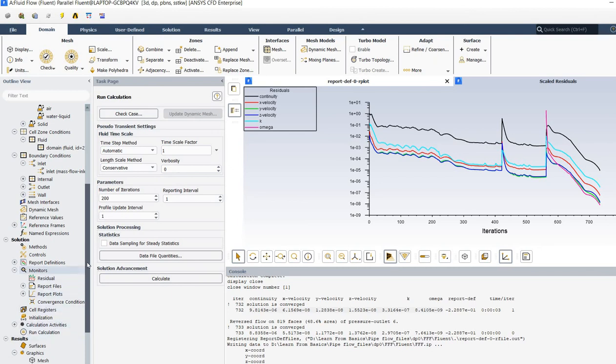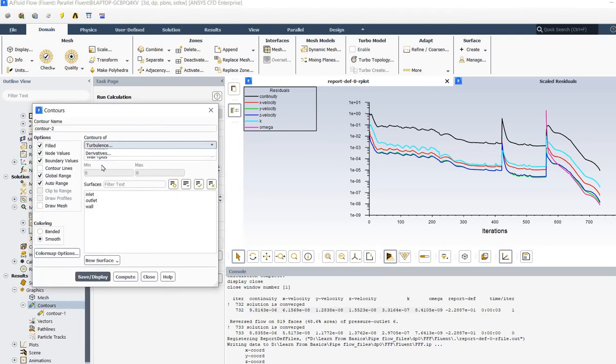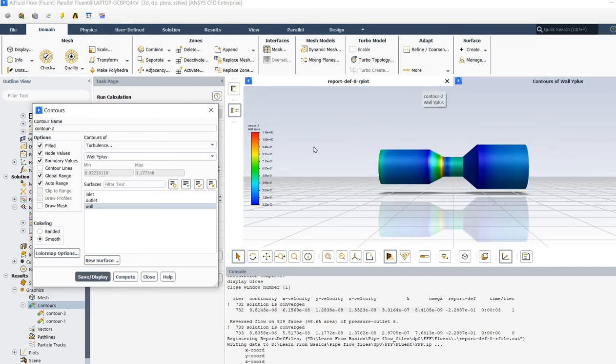So for that you have to go to contours and check turbulence wall y plus on the wall. And you can see the maximum value is coming 1.16 and minimum value is 2.2 into e raised to minus 2.